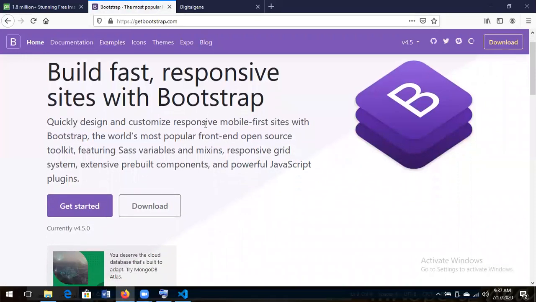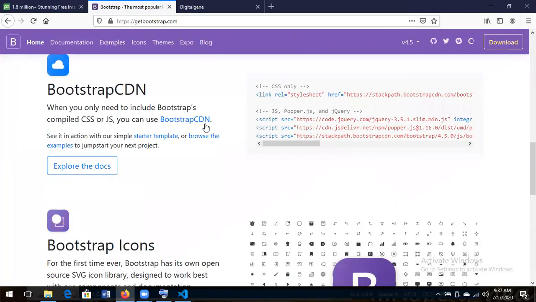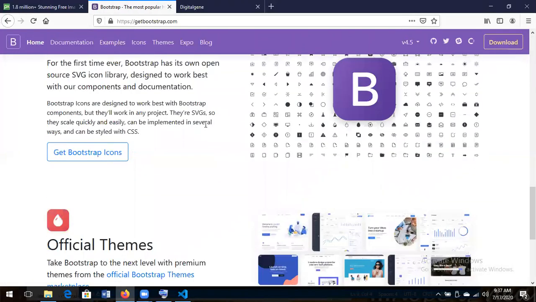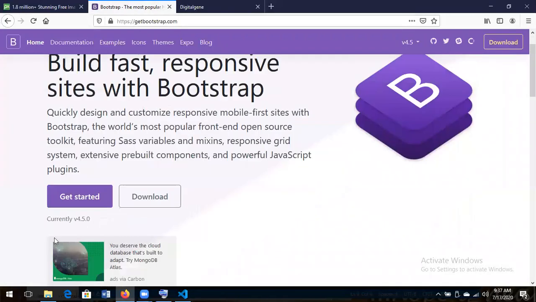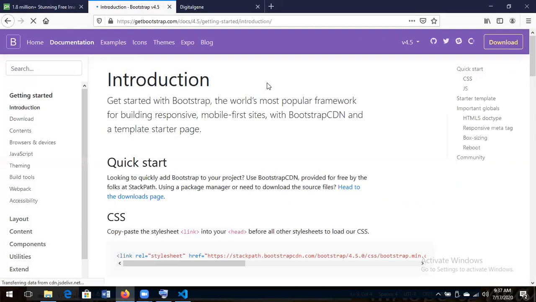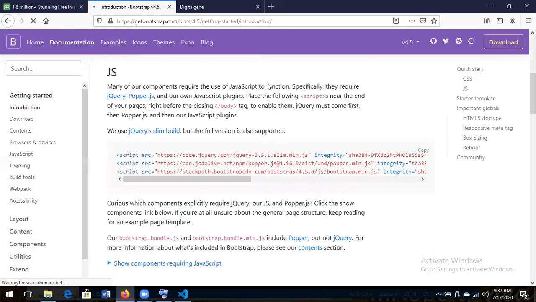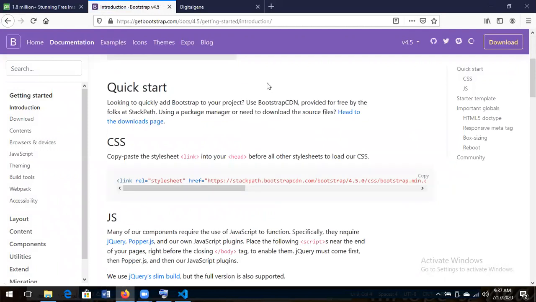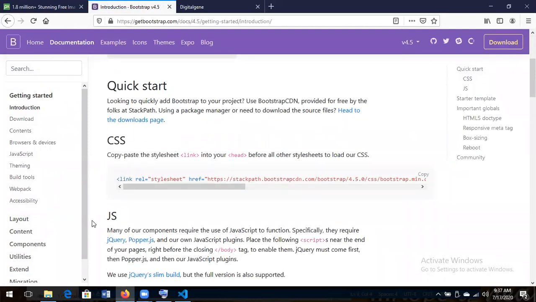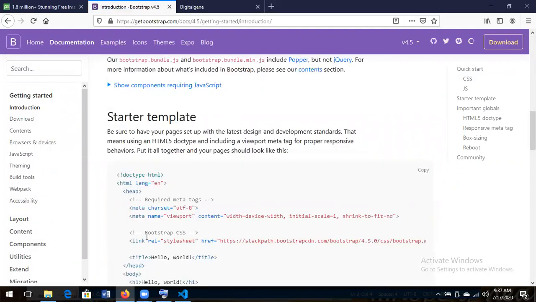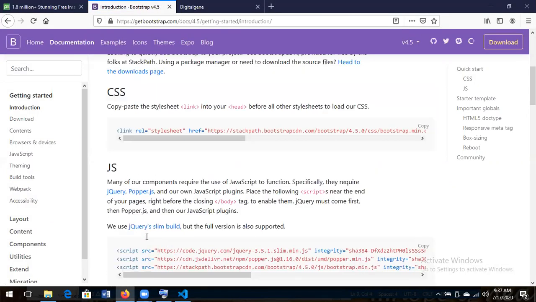So now we have, okay, trying to copy all their code lines. But okay, probably let's go to their documentations first because I want us to copy the whole of it. Okay, yes, here we have it. So on their documentations, you need to copy their code for CSS, for their JS. That's when you are using your JavaScript. Then you should also copy for, okay, yeah, and then you should copy their